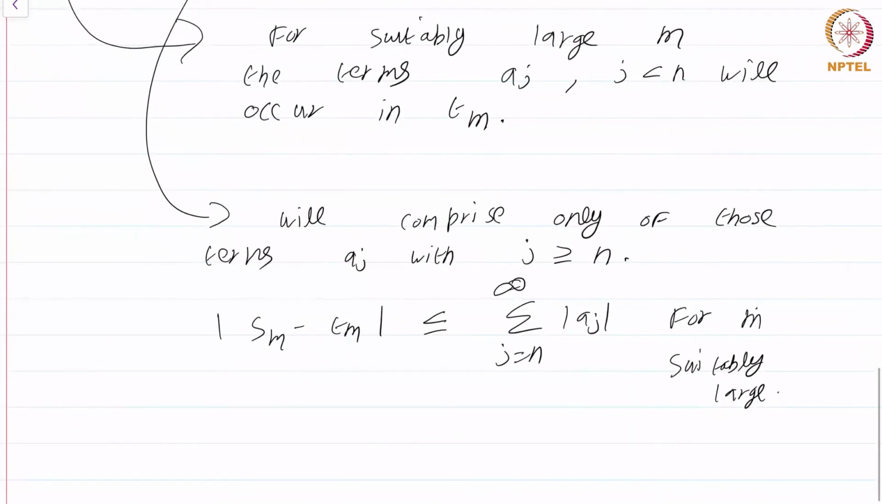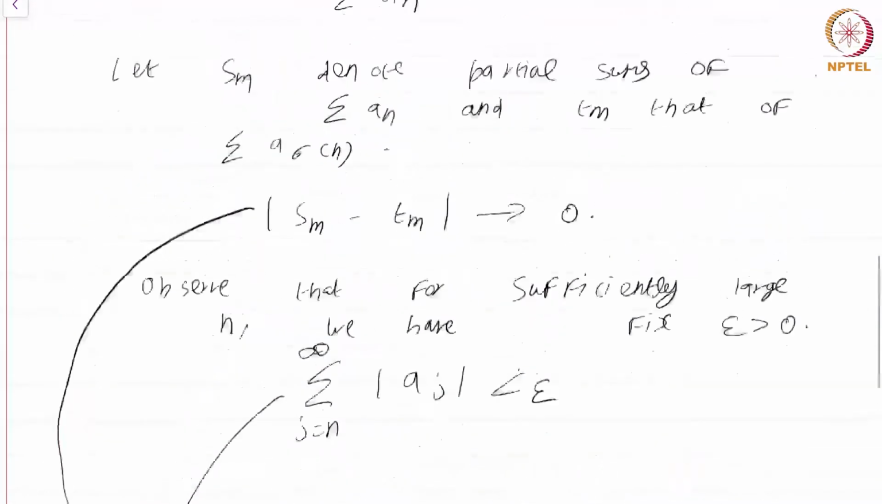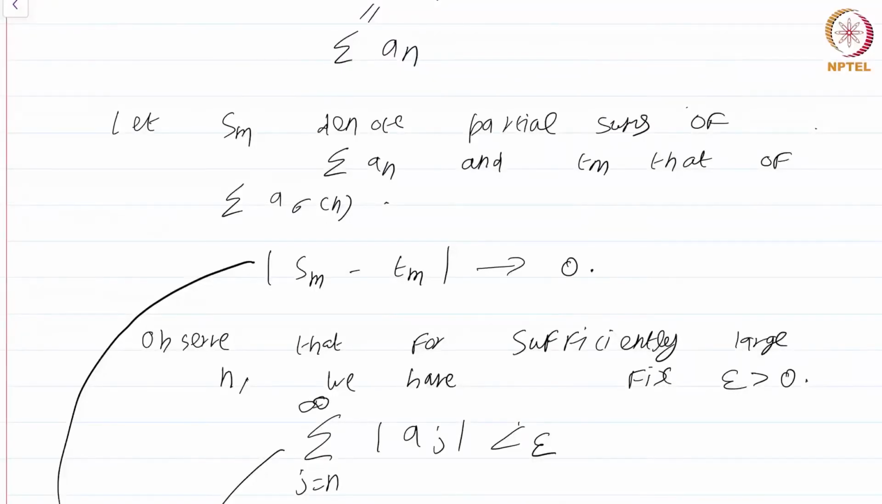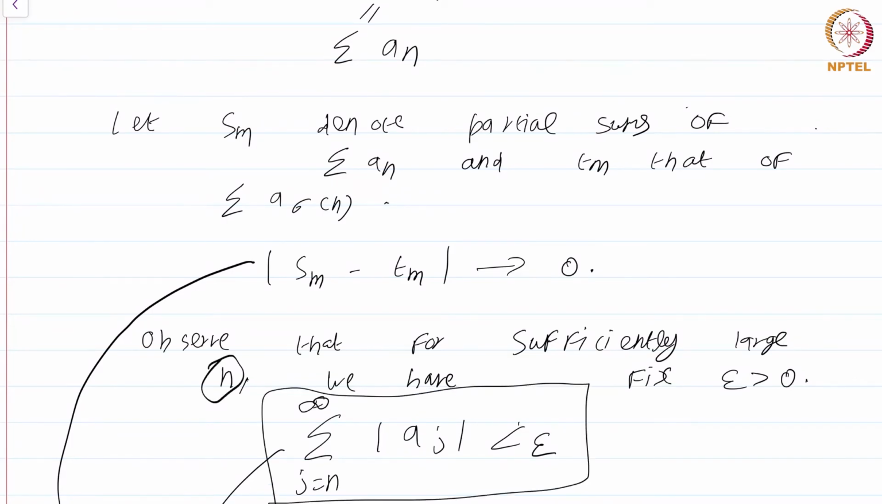Okay, and this we have already made less than epsilon. So here is the brief argument of what has happened. We want to show that mod Sm minus Tm converges to 0. We choose small n so large that we have this: summation j equal to n to infinity mod aj less than epsilon, then we ensure that the modulus of